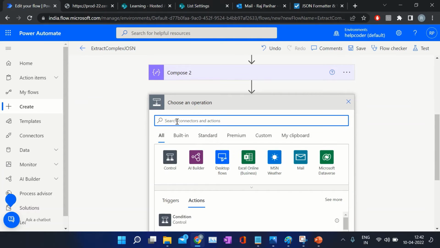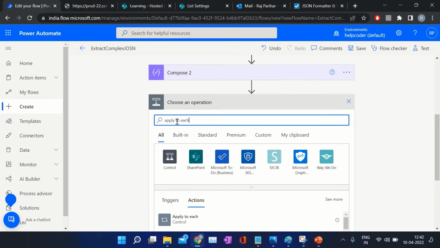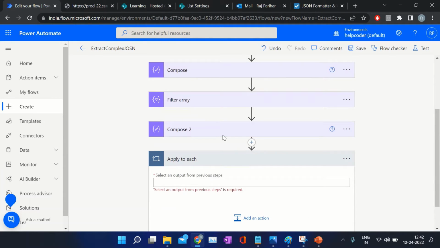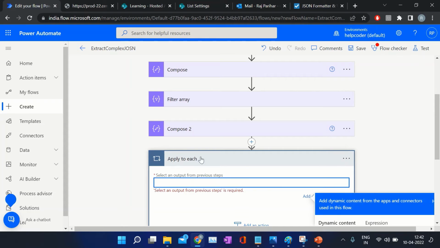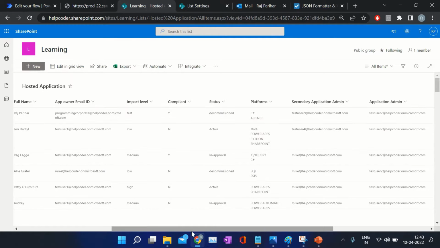So click here and search for apply to each. Why are we including this? Because we want to iterate the output of these unique email IDs of application owner one by one, and based on the application owner email ID we'll fetch the data tagged to this application owner